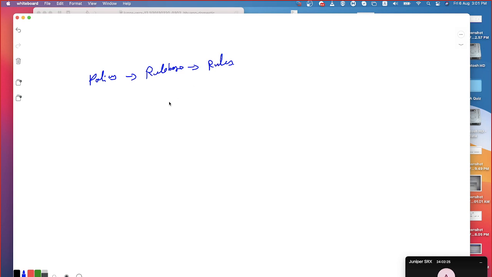Okay. The recommendation is what? On your security policies, you can have statements only with the permit action. That is not going to be a problem at all. What I mean to say is, you can have a set of rules, and all of the rules can have only permit as the action. If all the rules have only the action set as deny, that is going to create some problem. Why?